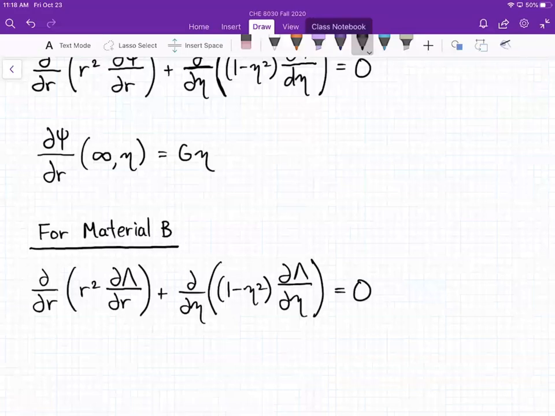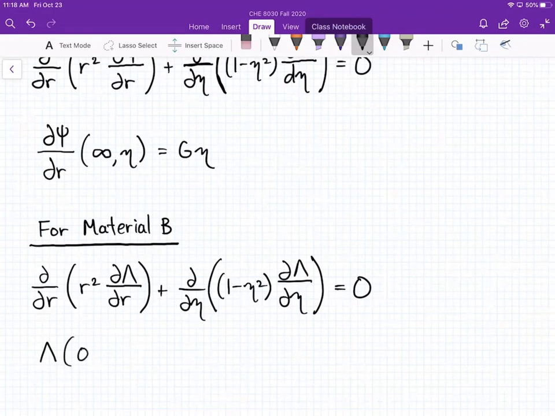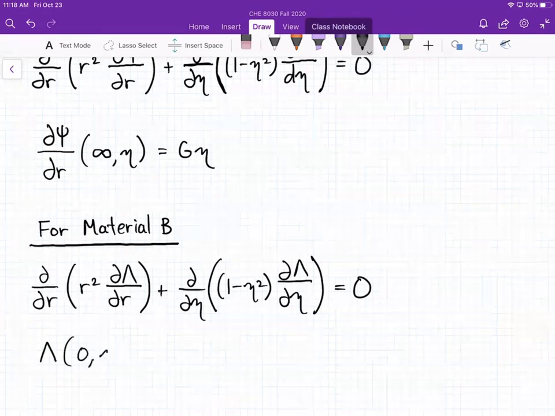Much like I did for material A, I'm going to write one of the boundary conditions down for material B. And that boundary condition is going to be that the temperature at the center of the sphere and for all etas